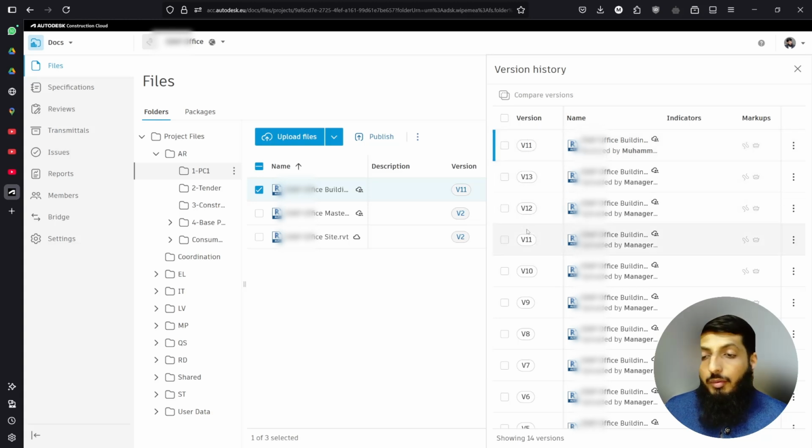So if I constantly restore a version and then I go back to some other version, the version numbers will tell me whenever I restored that version, and the same version numbers mean that these are absolutely the same files. So this way, the unlimited storage on the Autodesk Construction Cloud can help you restore any of the versions you have.